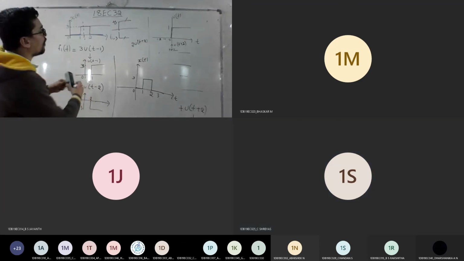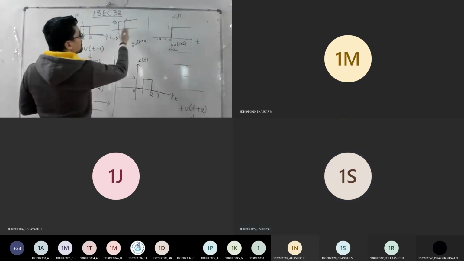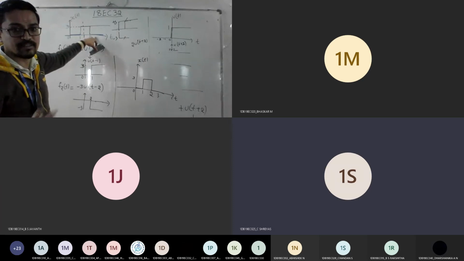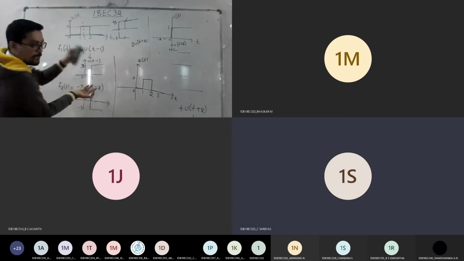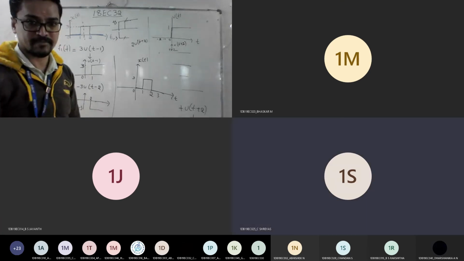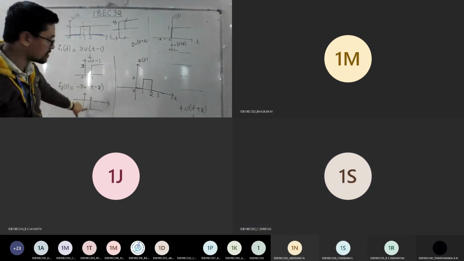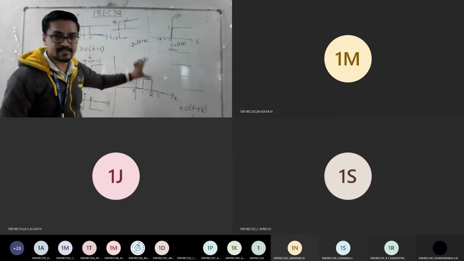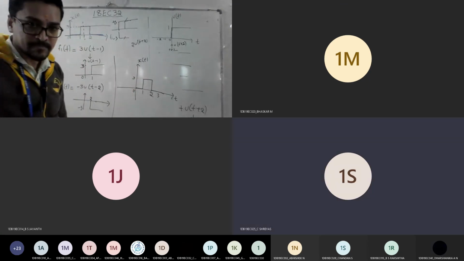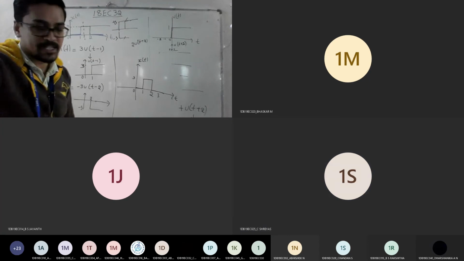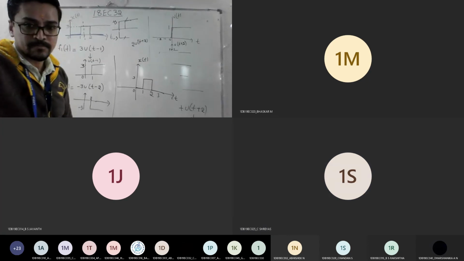If I take the same way, the same thing will come, and I can't get this 0. For that purpose, we have taken the minus of this. That's why I told you to understand x of t and minus x of t. If you take the opposite of this, then I can cancel these two, and the remaining is this much. Is it fine? So I hope everyone understood how to get the function for the Laplace transform now.